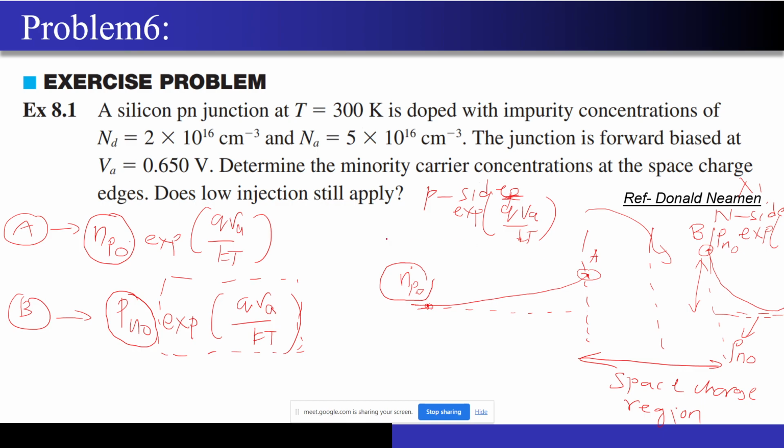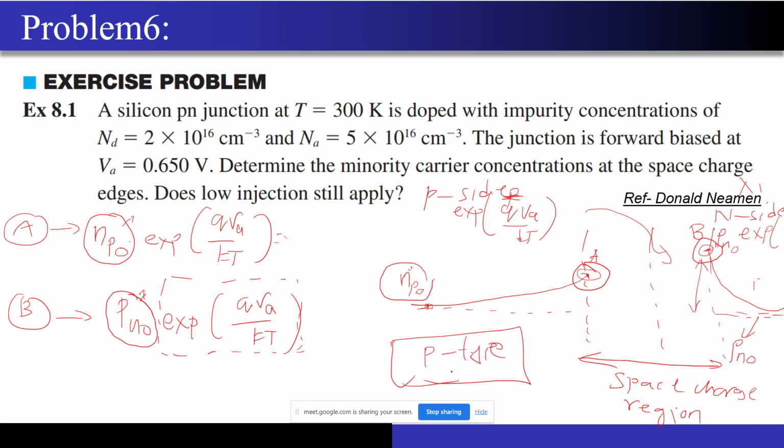No, no. These concentrations that you are seeing, right? This is exactly at point A and point B. I just want to find these values. But to find these values, first of all, I have to know the equilibrium electron concentration on the P side and the equilibrium hole concentration on the N side. These are represented by Np naught and Pn naught, right? So first of all, I have to find these values, Np naught. So if I just give you a semiconductor material, let me make the question easy for you. This is your P-type material, correct?